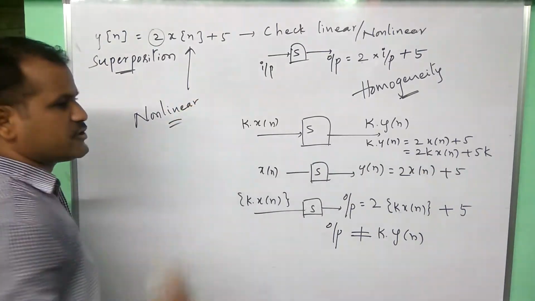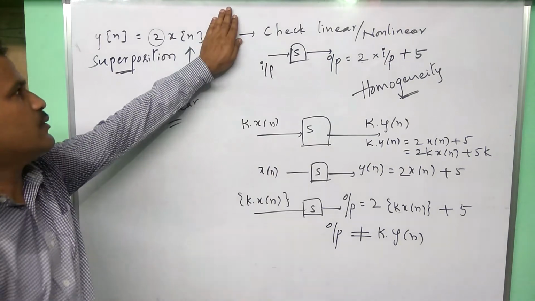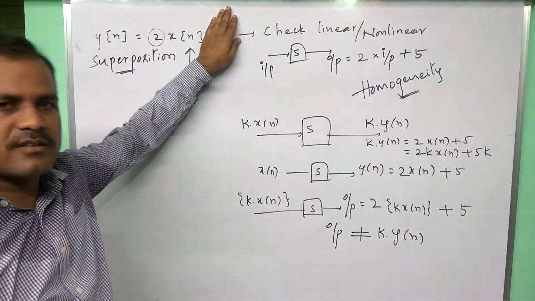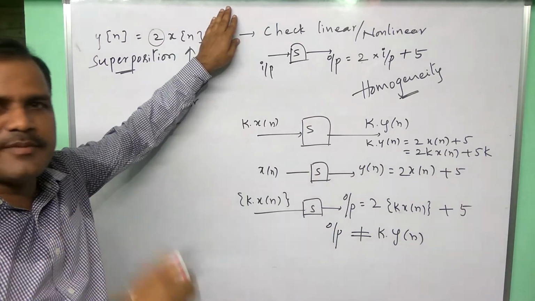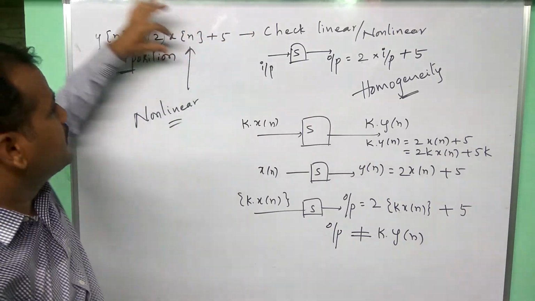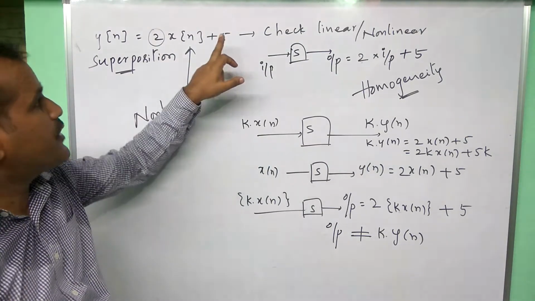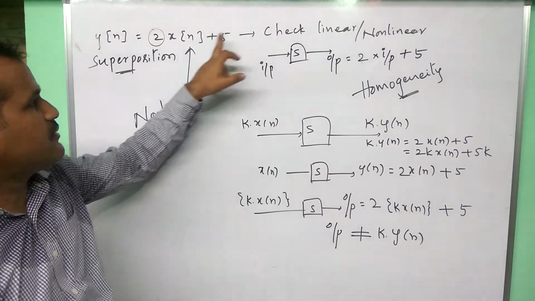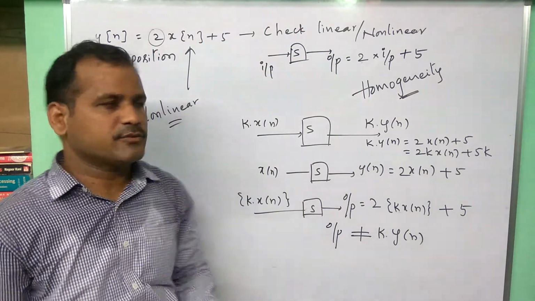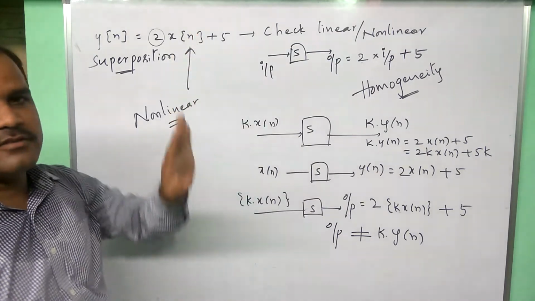Observe, in continuous time systems I have discussed clearly, whenever the input is multiplied with only a constant or some time function like t or sin omega t, any time function, then the system is linear. But here along with the multiplication, some more constant is added. If we add some constant or some more function here, then the system linearity may fail. So in this case, if a constant is added to the input, the system is non-linear.